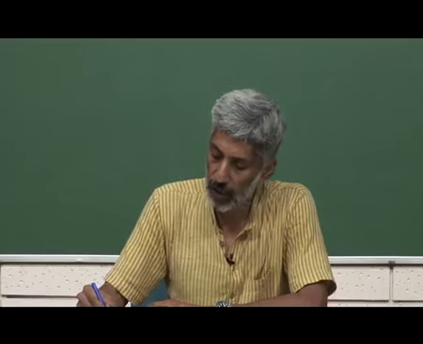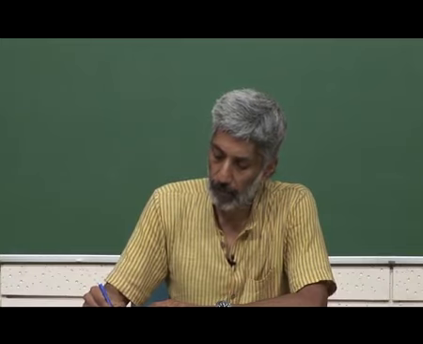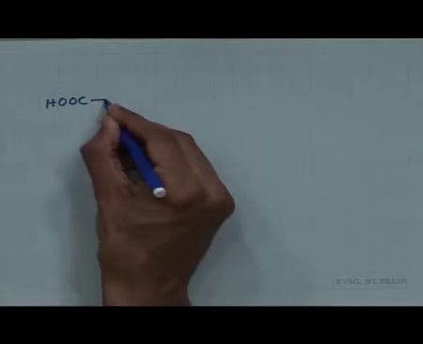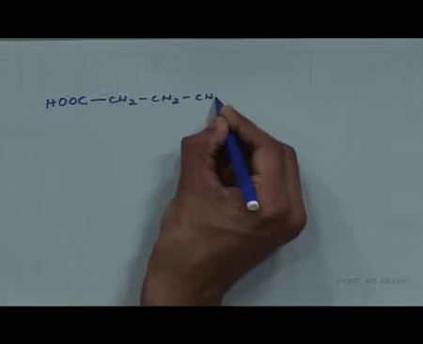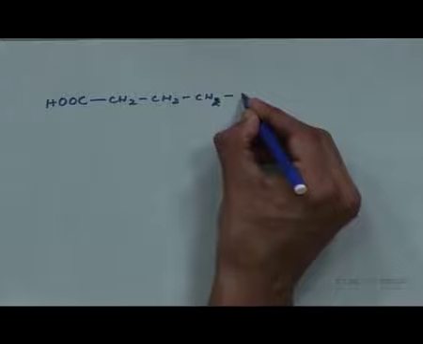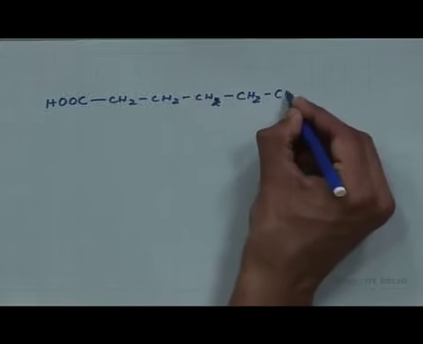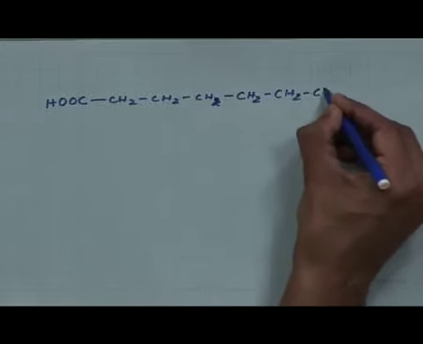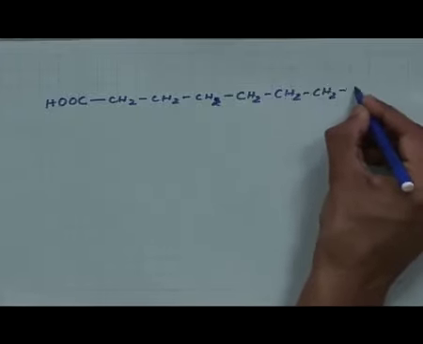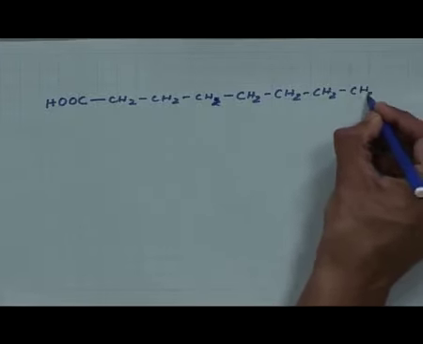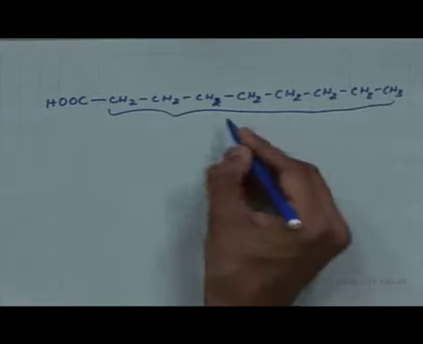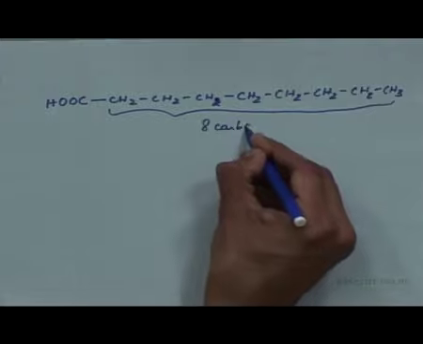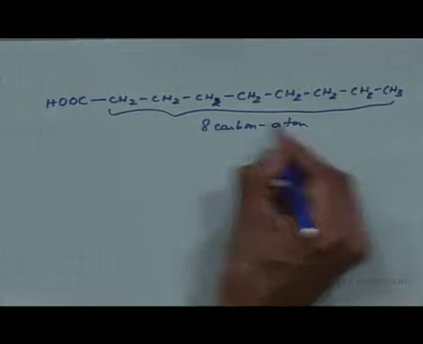Imagine that I have a carboxylic acid of this form. This has 8 carbon atoms. You can think of bigger, and there is this